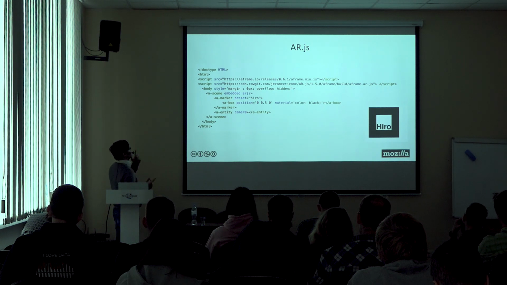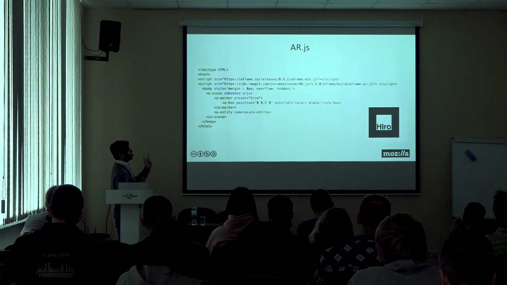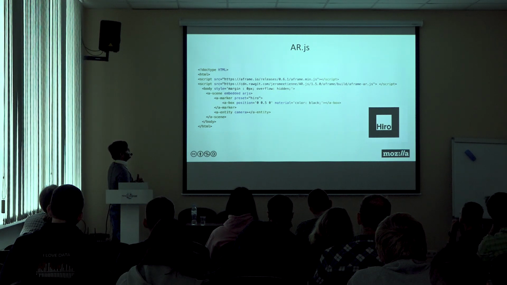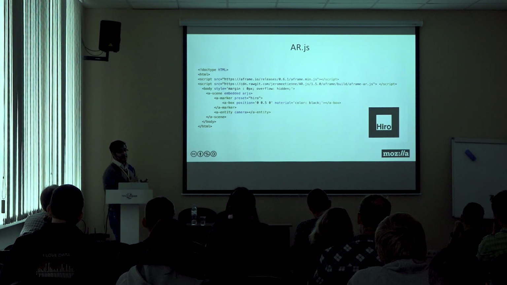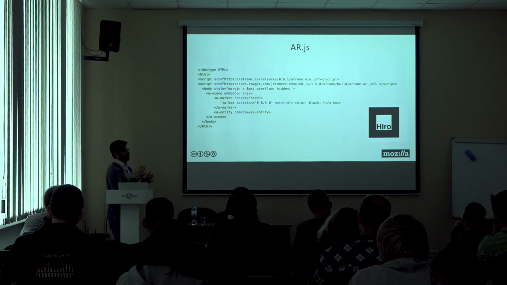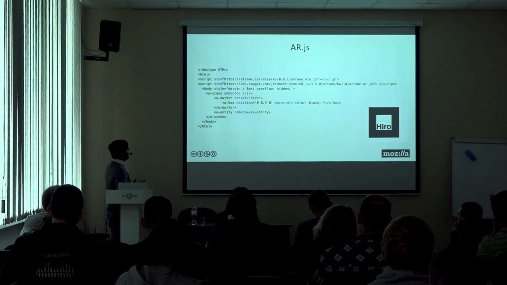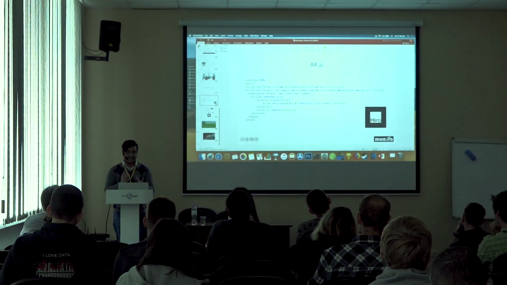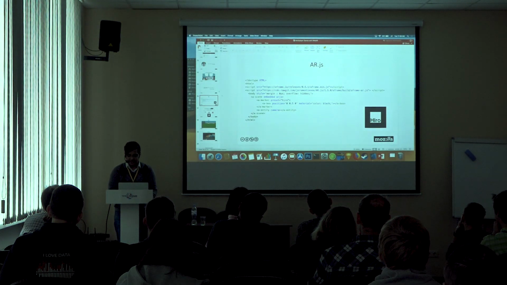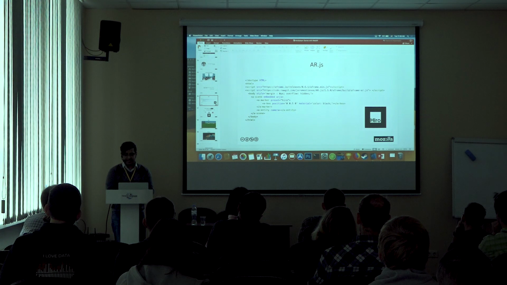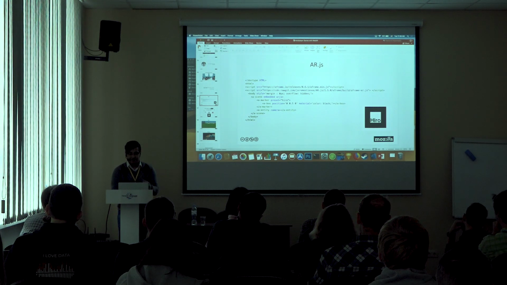We have included the library for AR.js along with A-Frame. Then we have added the tag a-marker, and we are using a preset here which is called hero. Then we ask it to position a box as soon as this marker is detected. This seemed quite interesting to me, and this concept looked somehow better than what I was doing in the previous demo. So I decided, why not add Pokemons to it?